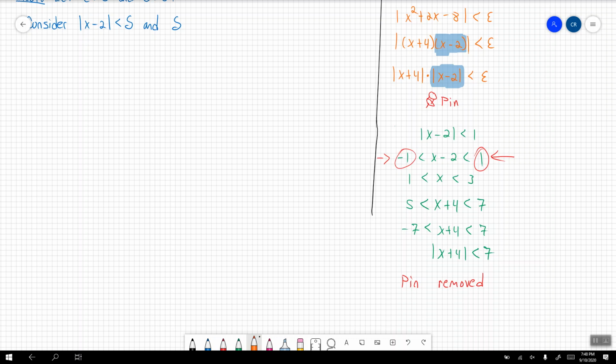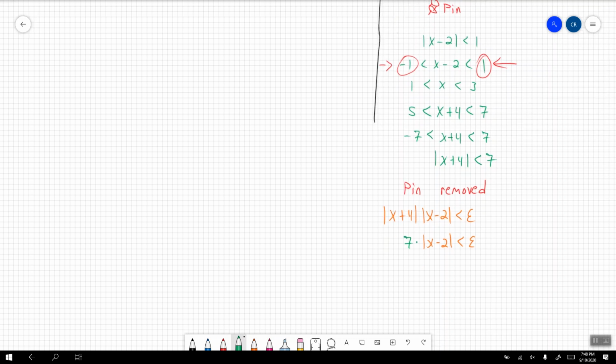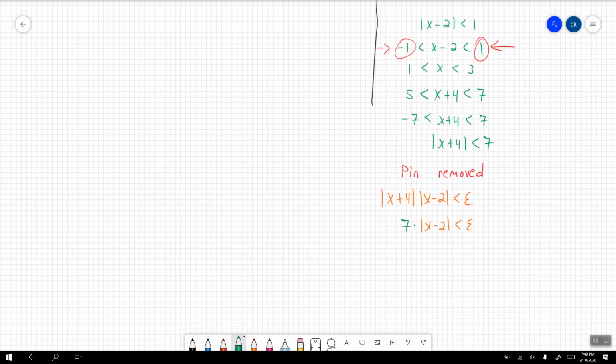So let's keep going. The absolute value of x plus 4 times the absolute value of x minus 2 is less than epsilon. And if we make the substitution here, making this substitution kind of feels off if you think about it just a little bit more. But I will explain as we keep going with the proof why it won't feel too far off from where we're at. Okay, so making that less than 7, there we are,